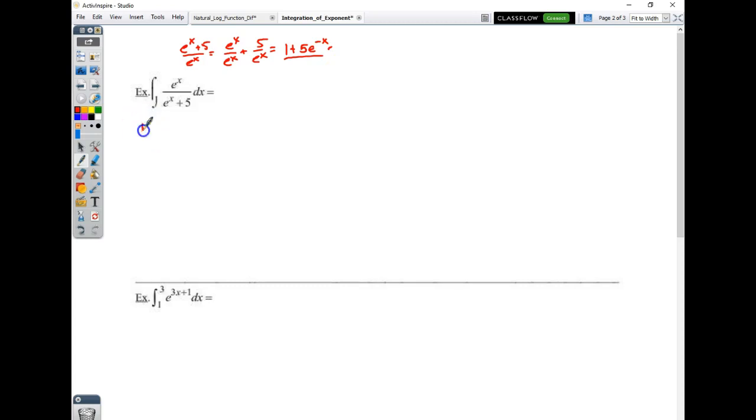this turns into a u sub question of e to the x plus 5, where du is e to the x dx. And you can see this is e to the x times dx, e to the x times dx. Those would cancel here and here, leaving me with the integral of 1 over u du. Now we're into something interesting. This is now a natural log question. Now we have the natural log of the absolute value of u plus c, or natural log of the absolute value of e to the x plus 5